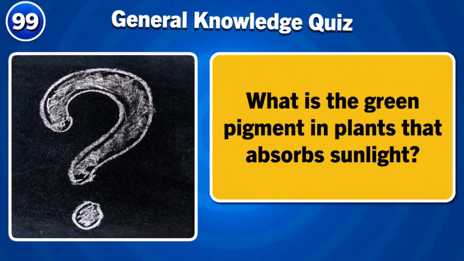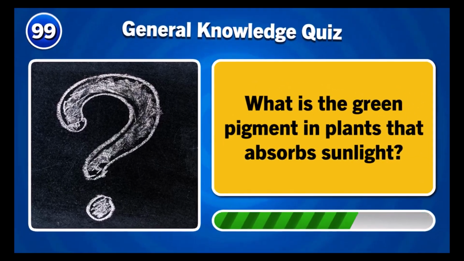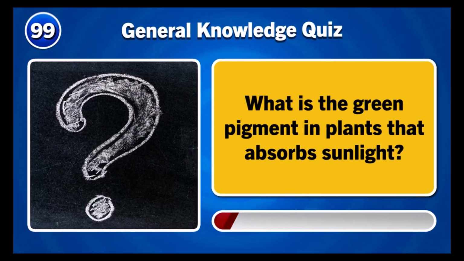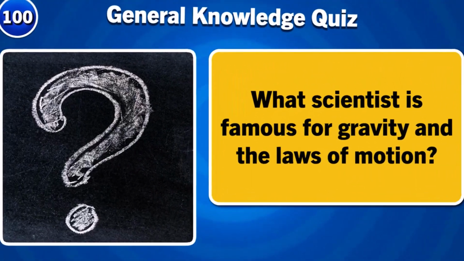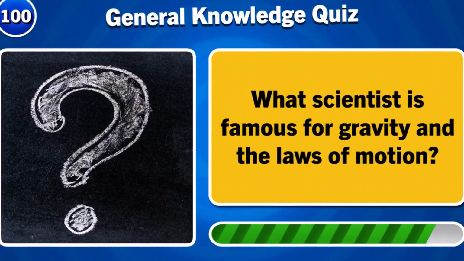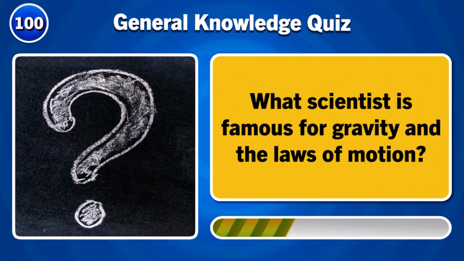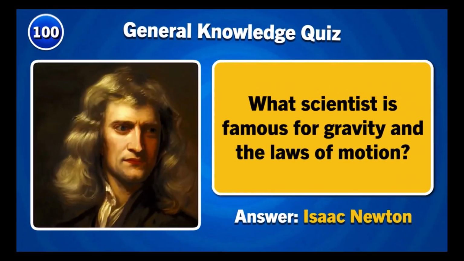What is the green pigment in plants that absorbs sunlight? Chlorophyll. What scientist is famous for gravity and the laws of motion? Isaac Newton. How many